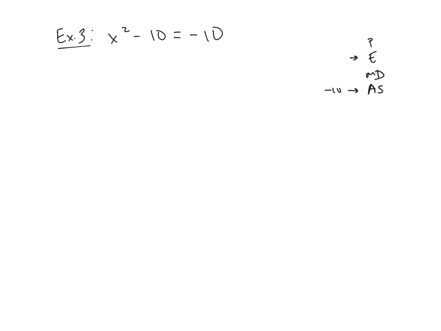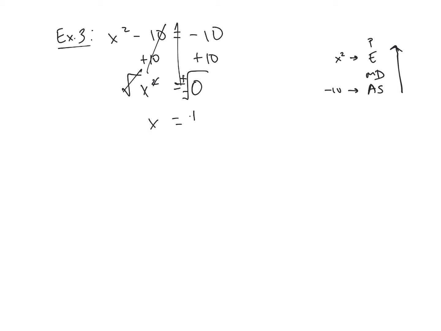And then I have my x squared, which is an exponent. So I'll start by undoing my subtract 10, and then I'll undo my squared. I can undo subtract 10 by adding 10 to both sides, and I'm left with x squared equals 0. And then I can go ahead and take a square root of both sides, putting plus or minus, and I get